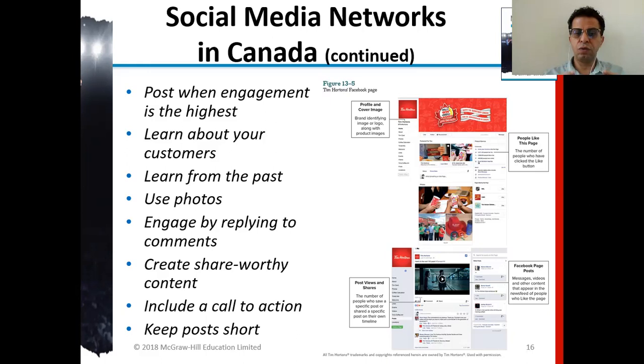You need to learn from the past and learn about your customers. Use photos, and engage by replying to the comments. Create share-worthy content and include a call to action. When you create share-worthy content, you establish your authority. Keep posts short. Don't make them too long.